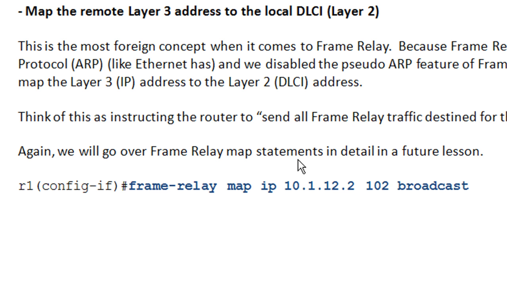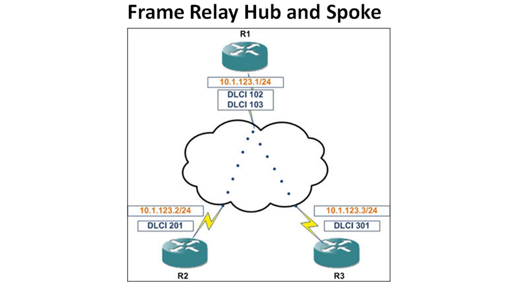First, let's jump back to our map. Okay, so what we're doing here is we're going from R1 to R2, and we need to create the mapping. So it's frame relay map IP because we're running IP, and then we're going to say to get to 10.1.123.2, I need you to go out DLCI. And this is where a lot of people get confused, because with Ethernet, if you were to have this be an Ethernet network, the IP address is mapped to the remote node's MAC address, which would be its layer 2. So if you did a show IP ARP with this .2 IP address, it would be mapped to R2's MAC address. Frame relay is a little different beast here, because what you're telling the router is that